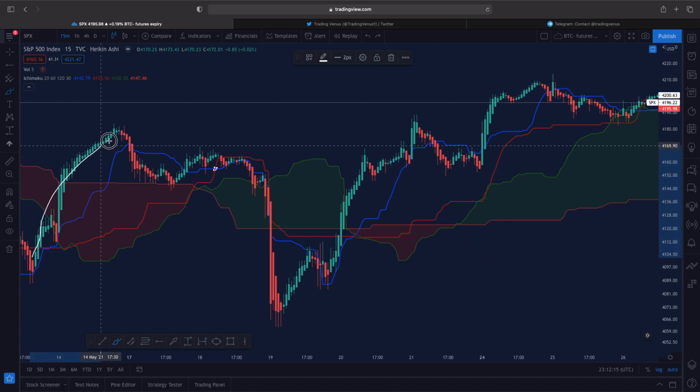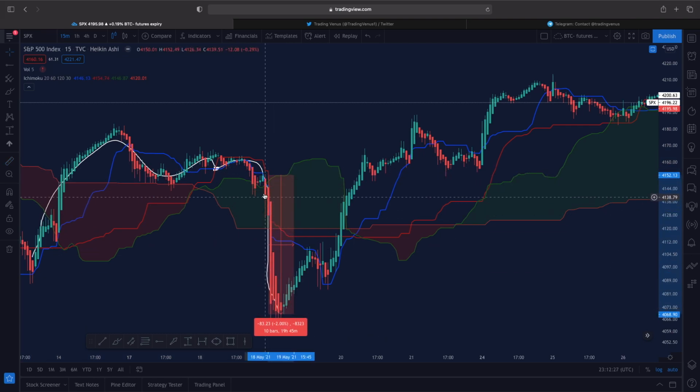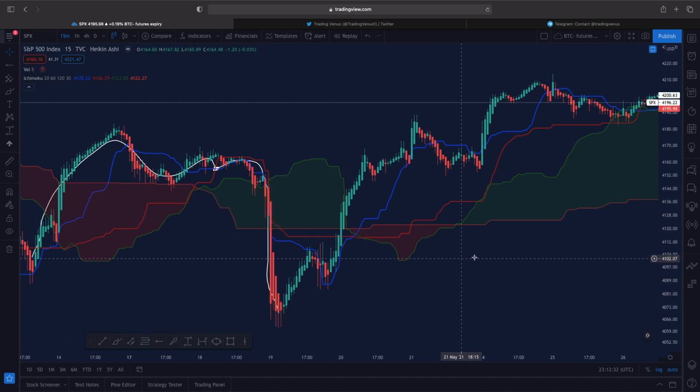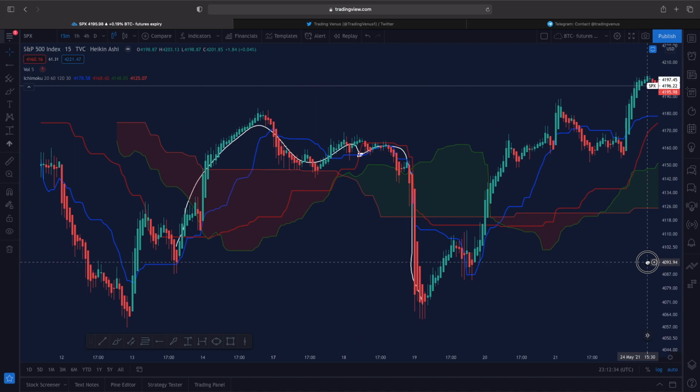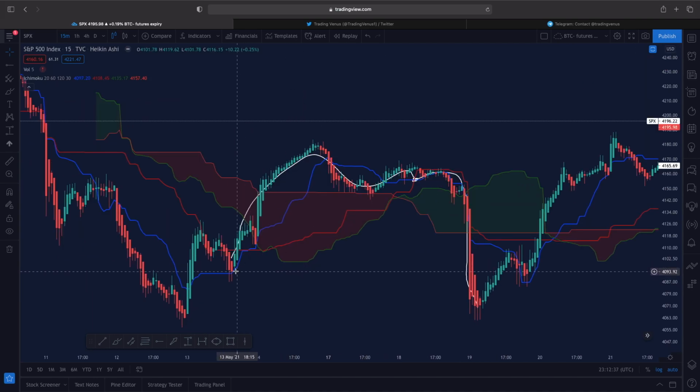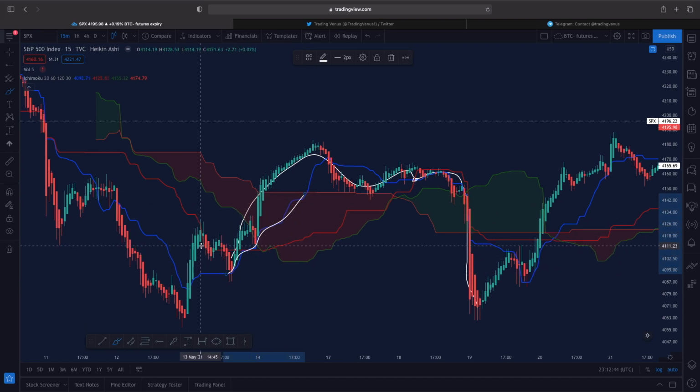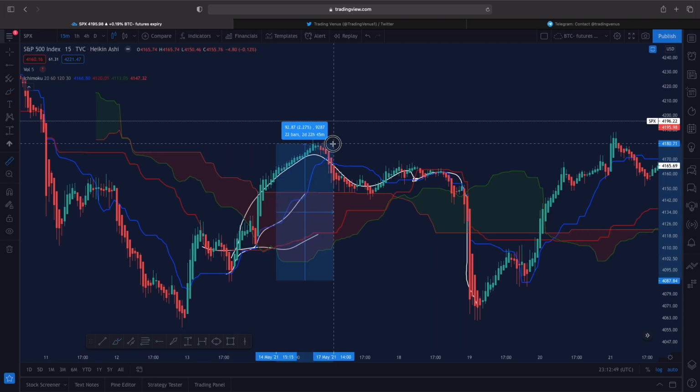So the pattern reverted, and here you can see we have a huge downward action, and thus we were able to break the Ichimoku cloud support. And this can be seen on multiple instances. Here again we had the blue conversion line crossing over the baseline, and hence we had a good bounce to the upside.